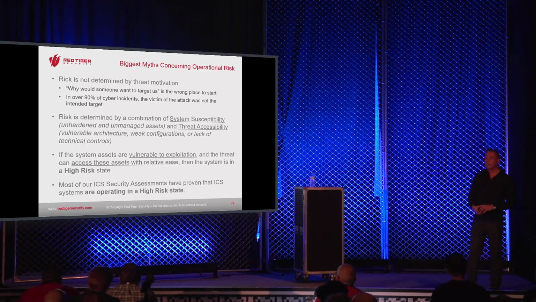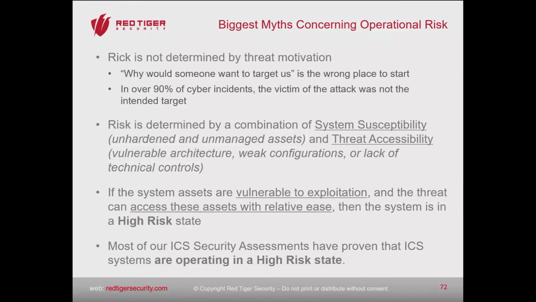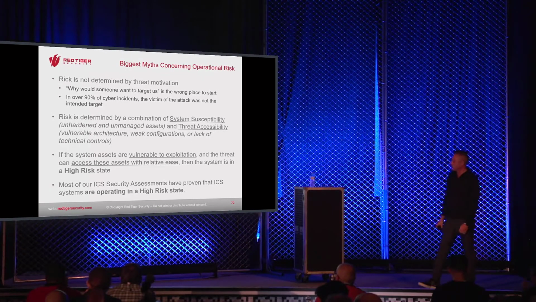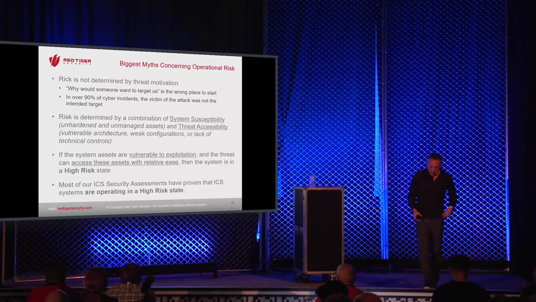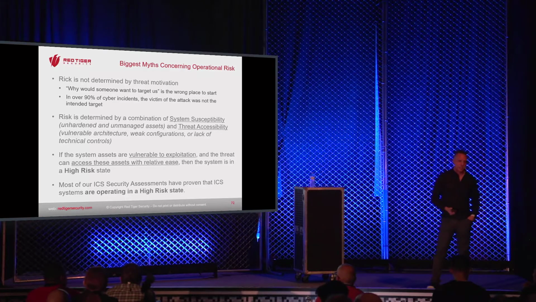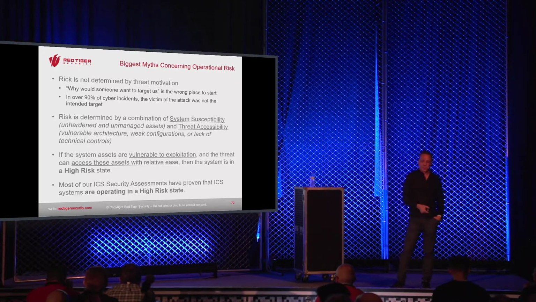So you have to kind of take that out of your mind. Risk is really determined by a combination of system susceptibility and the ability of the threat to access that device. So, for example, unhardened, unmanaged assets and then a vulnerable architecture and weak configurations allow the threat actor to access the target. So if the system assets are vulnerable to exploitation, you have vulnerabilities in your firewalls or in your hosts, your workstations, your protocols, and the threat can access those assets with relative ease, then the system is in